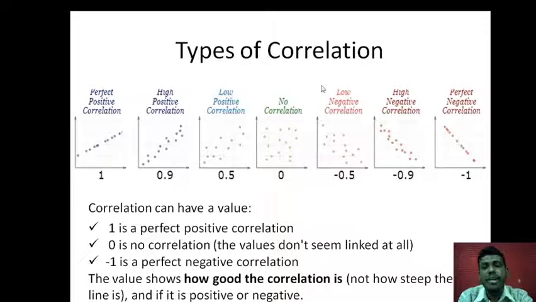Okay. Similarly, if we see the last one, perfect negative correlation. Why perfect? Perfect because they are lying on a straight line. Why negative? Because they are decreasing. In negative correlation we can see that here also negative correlation, here also negative correlation. The values are decreasing from the top left corner to the bottom right corner. This way they are moving downwards in both of these, whereas in positive correlation they keep on increasing.